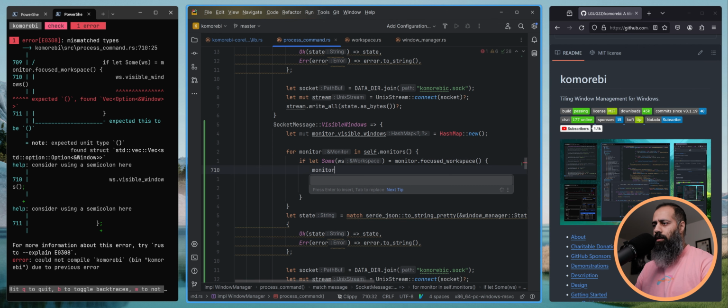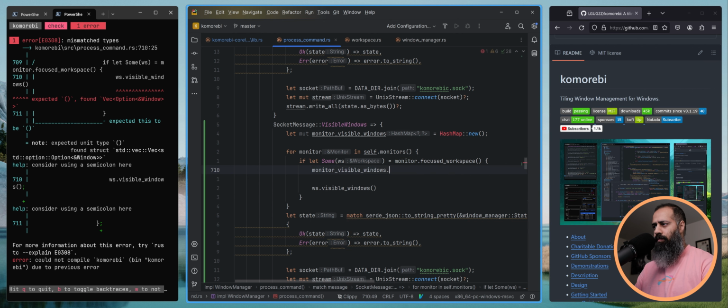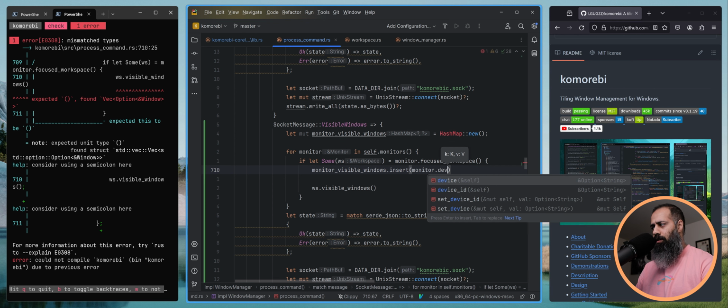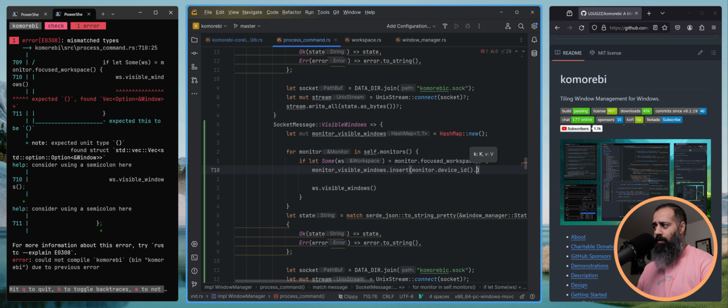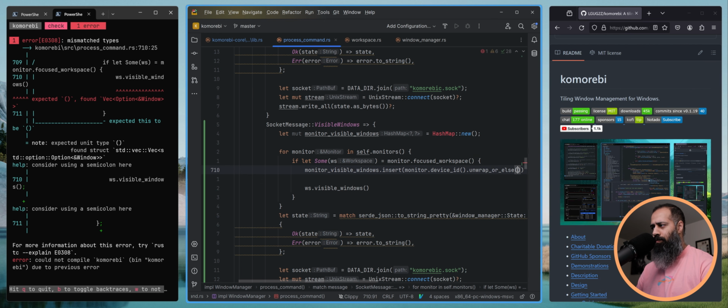So we'll do monitor visible windows insert monitor dot device ID, or else, unwrap or else